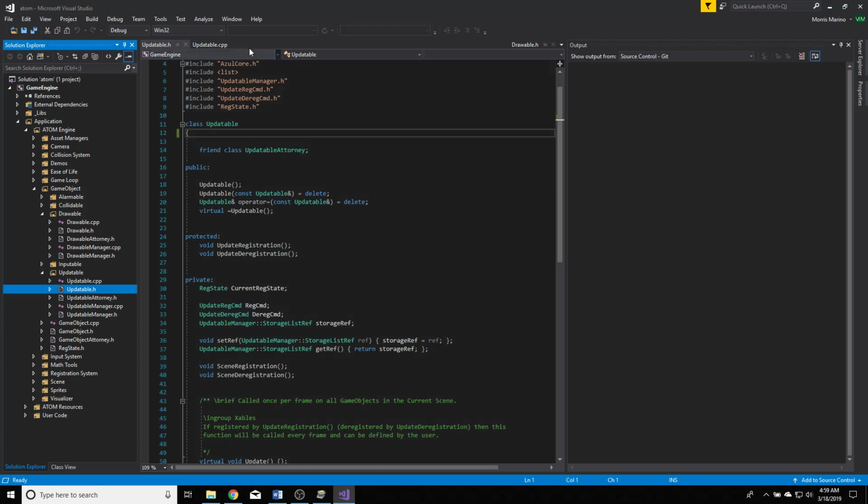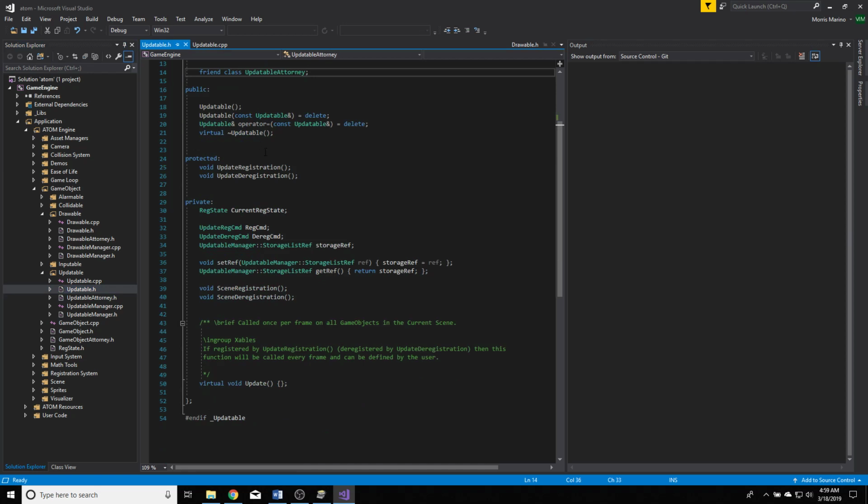Right, so we got the updatable here. First one, as you can see, it's friended with an attorney. It's got its big four here, as you might expect, and it's got these functions here: the update registration and update deregistration for sending a command off for the registration system, which I might as well take this opportunity